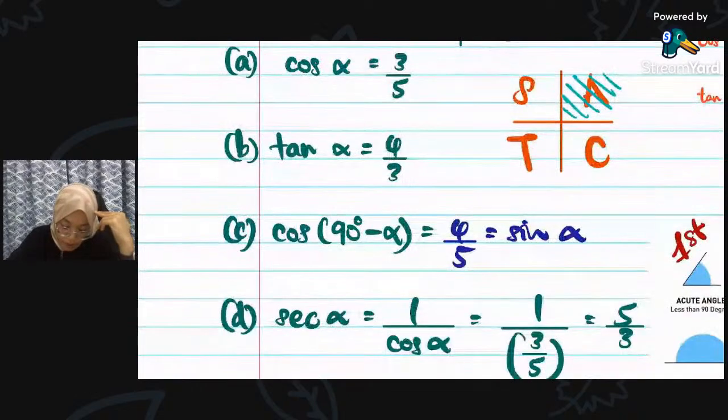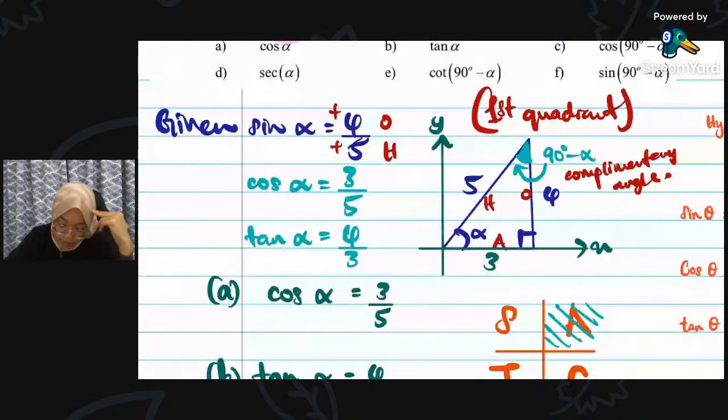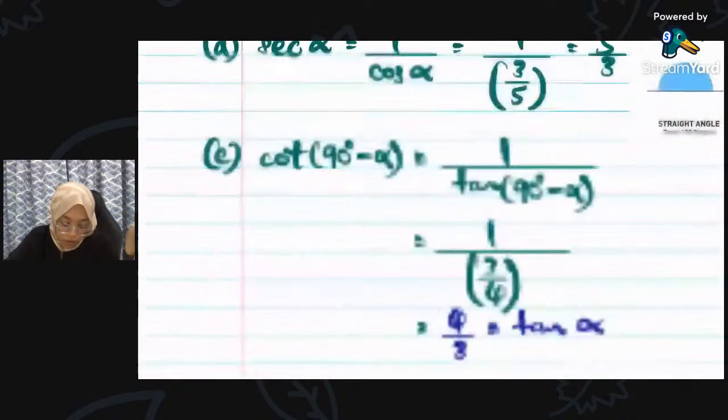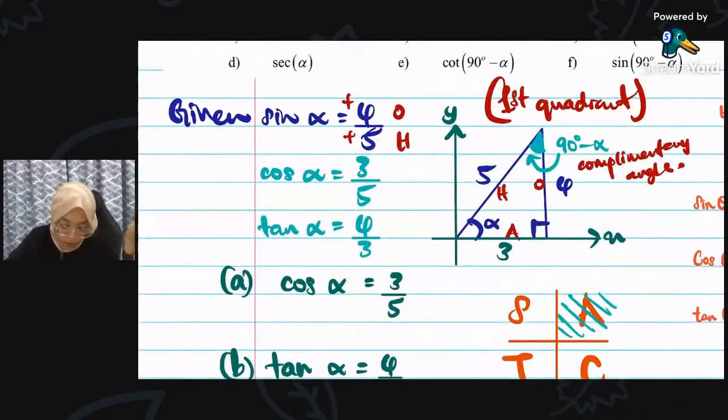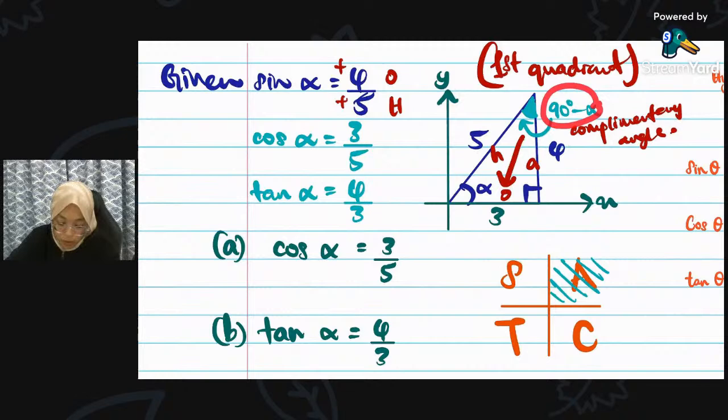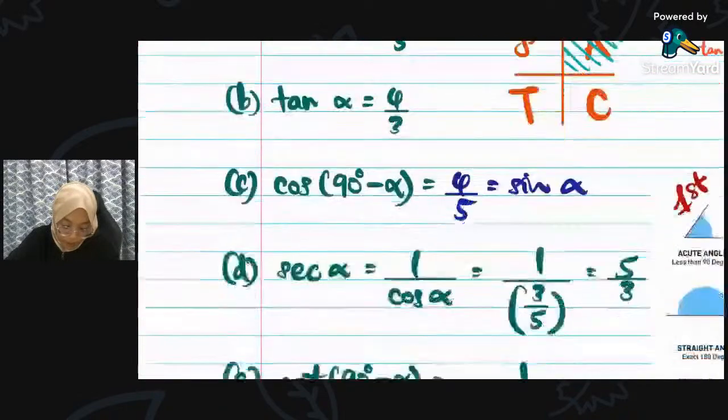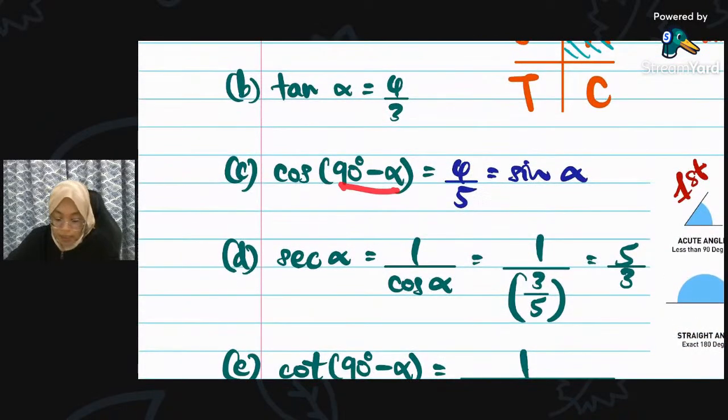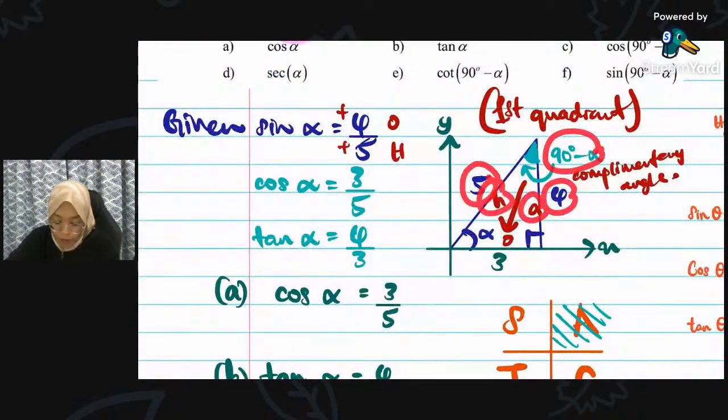Okay, so dia nak dapatkan cos untuk complementary angle ni. So dia tak sama lagi lah dengan opposite, hypotenuse and adjacent anymore. Okay, so it will be a bit different now. This one dah akan jadi opposite, this one jadi adjacent, this one jadi hypotenuse. Dah berlainan sikit lah. So you will realize that dia minta cos tadi kan, so 4 over 5, you will realize that cos 90 minus alpha is actually 4 over 5, like I mentioned, 4 over 5 because of the